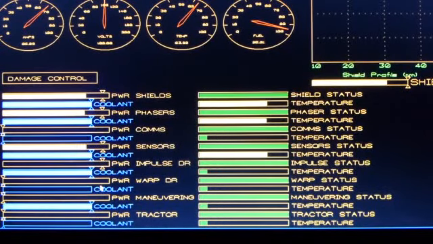So engineering is sort of a deprivation system. You can deprive things of power, or you can give power to things. Like right now, warp I'm setting to 0. So this is kind of a default system. The other thing you can do, if you put too much power and not enough coolant,